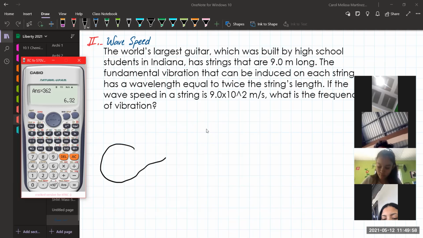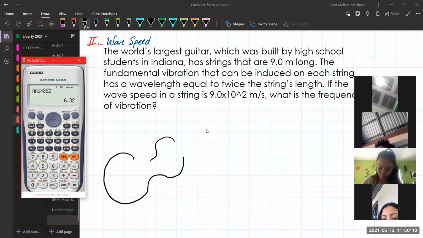I don't know how to draw a guitar. I don't know right now. Kind of. I can do more, sorry. And so,